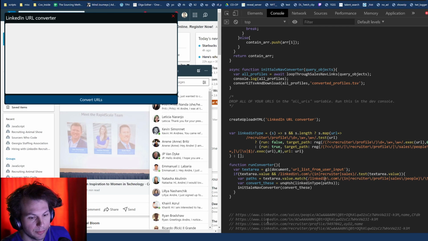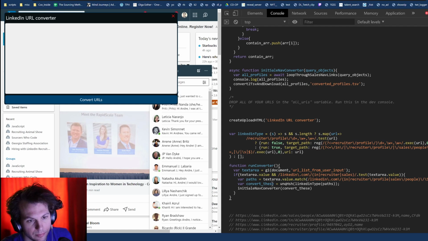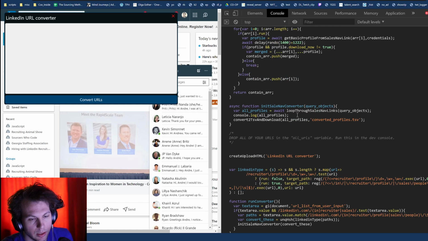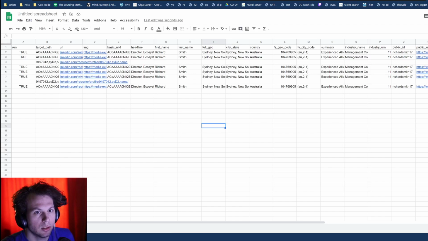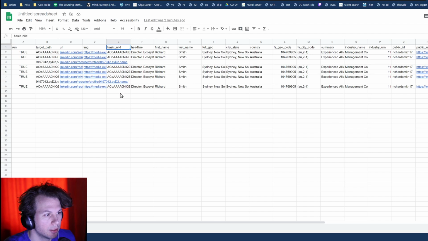I don't like having dupes. So how do we do that? Here, let's see, we'll dedupe on basic ID, I guess. But then we'll have to